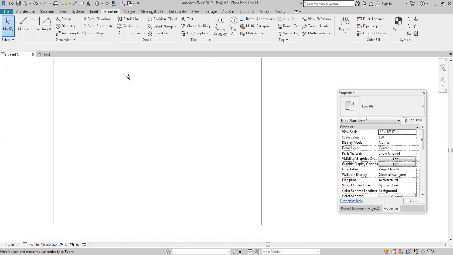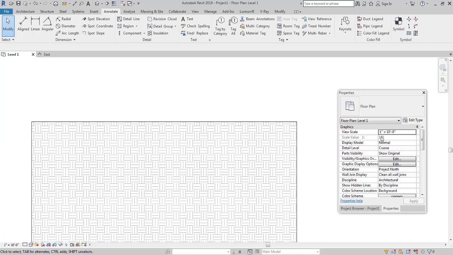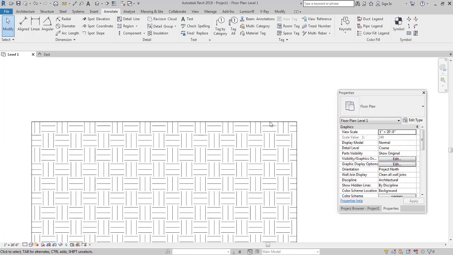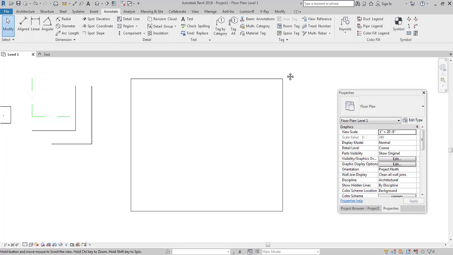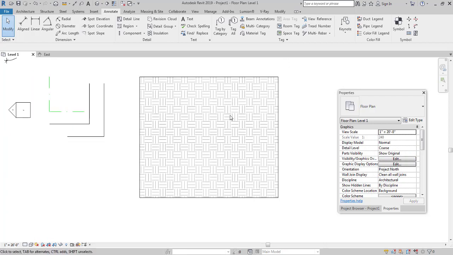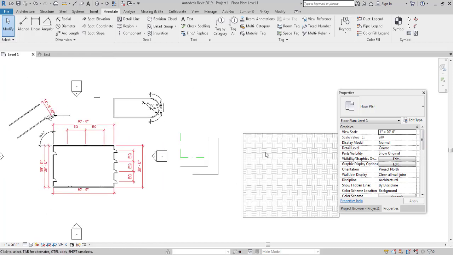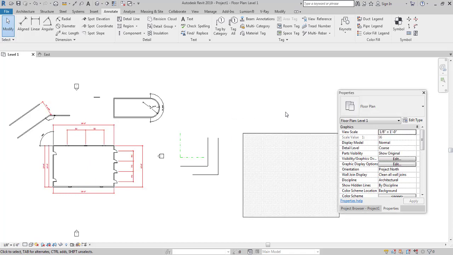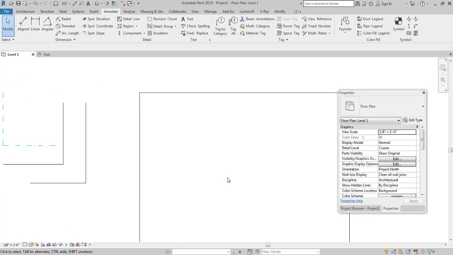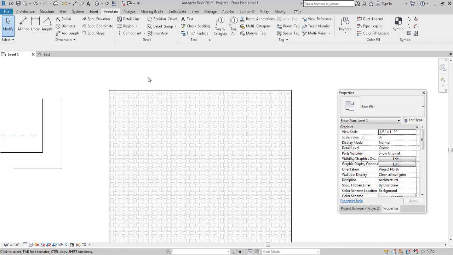Okay, now what I just did right now is that I tried to change the view scale. So if you were to change the view scale, let's say make it 1 inches 20 feet, you will see that the pattern is looking bigger and bigger because the pattern is directly linked with the view scale. So changing the view scale will obviously change the size of the pattern and also will interfere with the size of the dimensions. So you'll have to keep that in mind whenever you are working on your projects. So that's how you create regions.